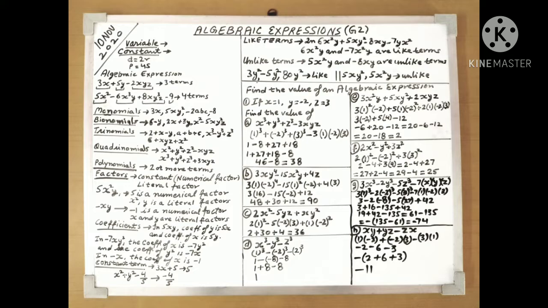Please keep writing and listening so that you do not miss any important thing in between. Next we have factors. When two or more numbers and literals are multiplied, then each one of them is called a factor of the product. Note that a constant factor is called a numerical factor, whereas a literal one will be known as a literal factor. Say for example, in the expression 5x square y, we have 5 as the numerical factor, whereas x square and y are literal factors.